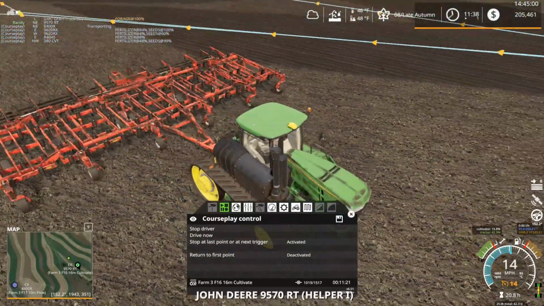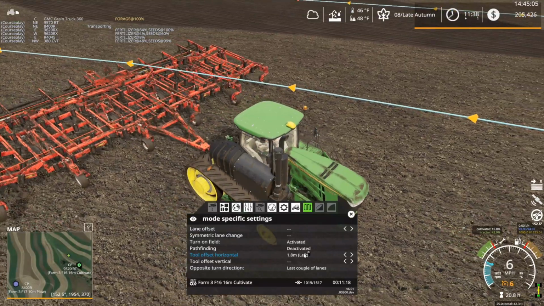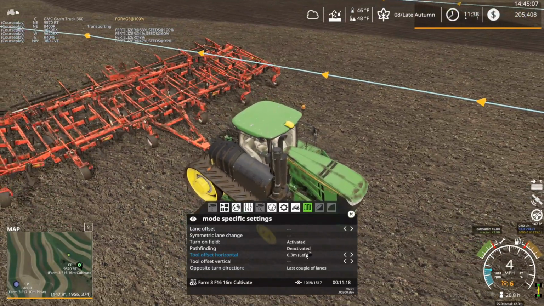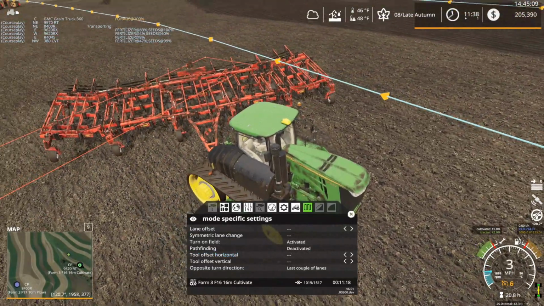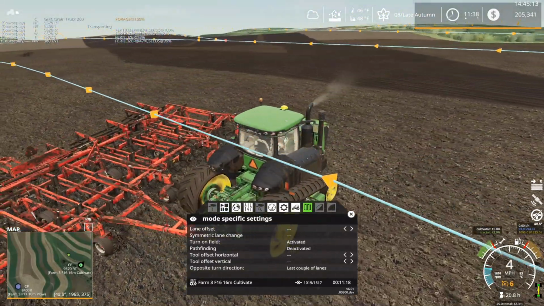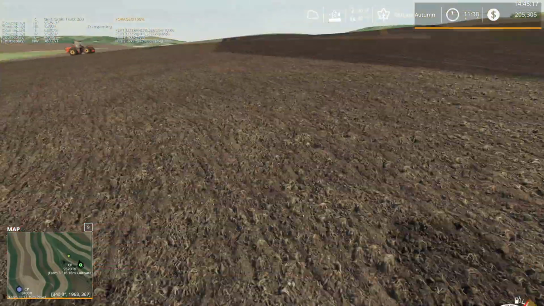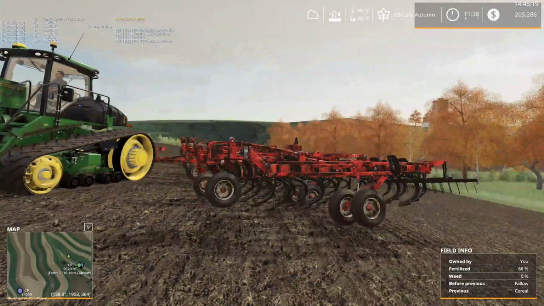Wow, he's way off. We don't have some weird offset here, do we? Oh, my goodness. Where do you keep getting these weird numbers from? Stop it. We do not need an offset. Of course, by thinking it's smarter than the operator. I suppose that's potentially possible, but...